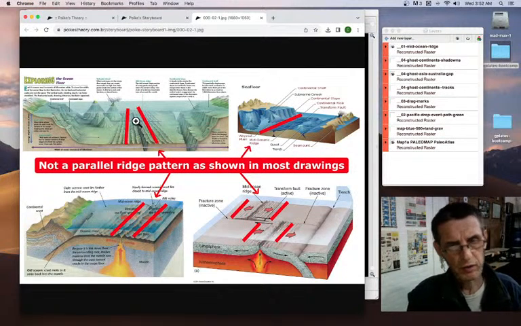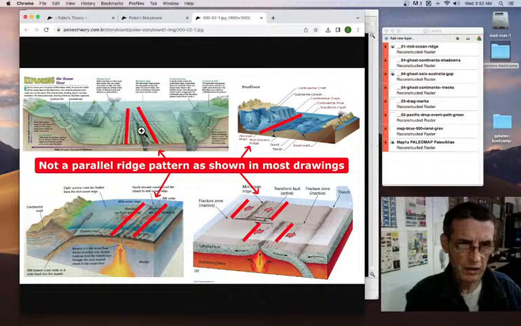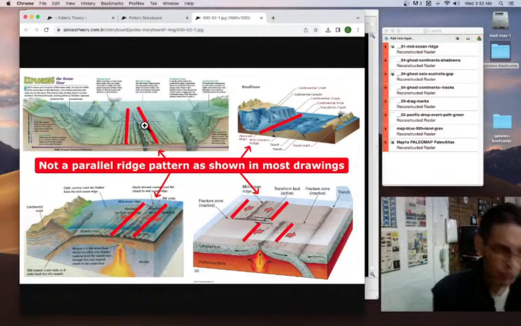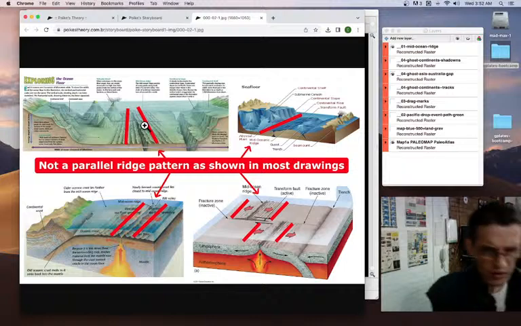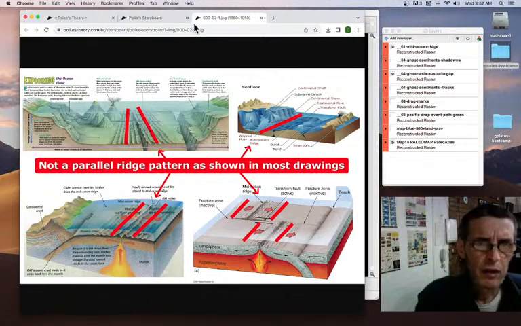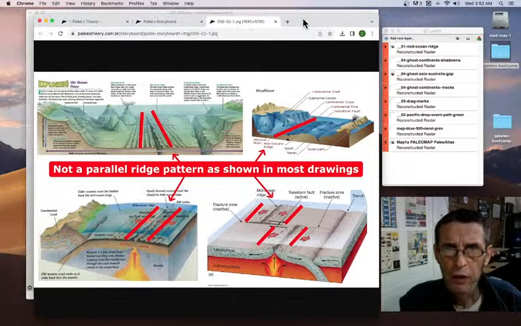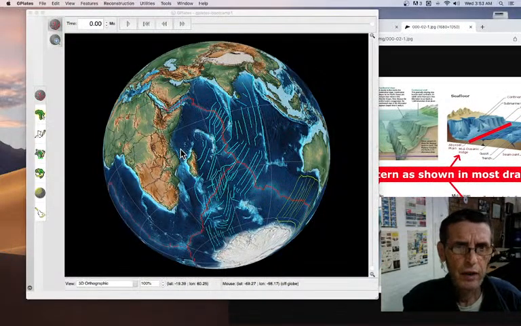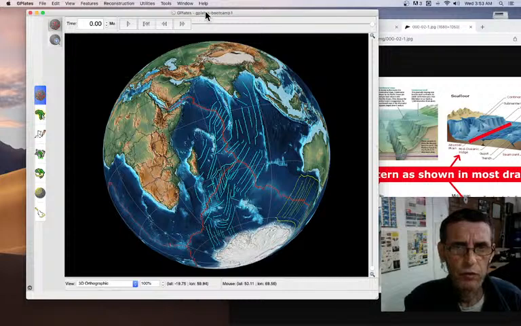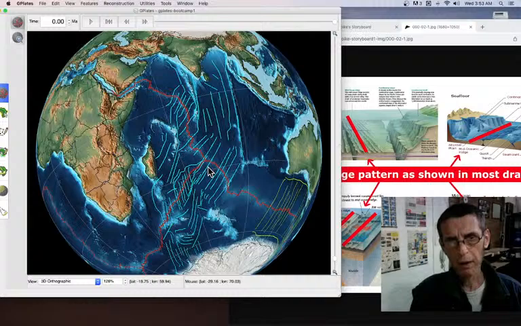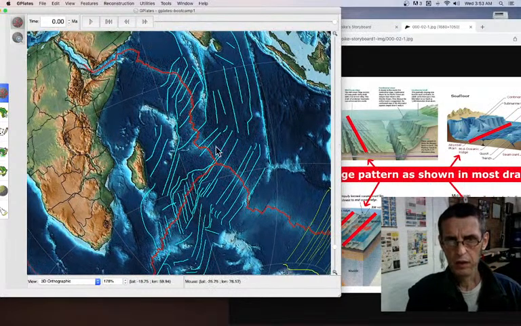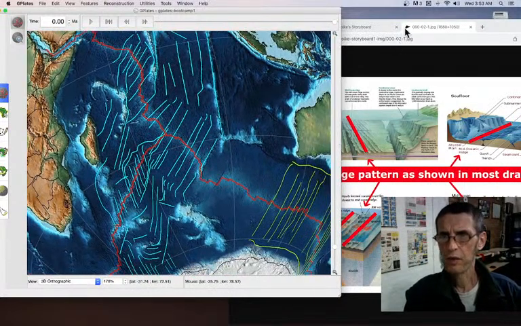You get something in the center of the ocean spilling material, so you have little mountains forming according to the surface. It's fine, but that's not what happened. What happened is, here you have the mid-ocean ridge spilling mountain ranges sideways, like